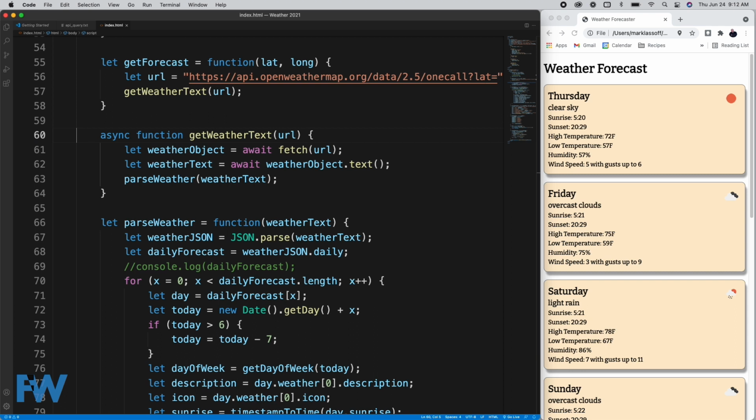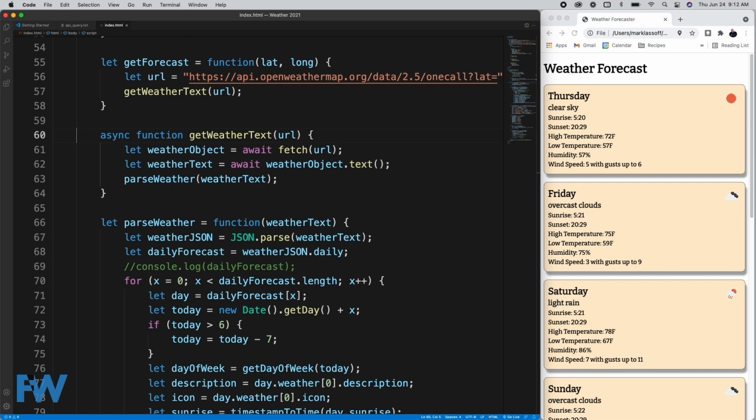Then we have let weatherObject = await fetch(url). So fetch(url) is going to the OpenWeatherMap URL with our latitude and longitude, and it's awaiting a response before it assigns that result to weatherObject.